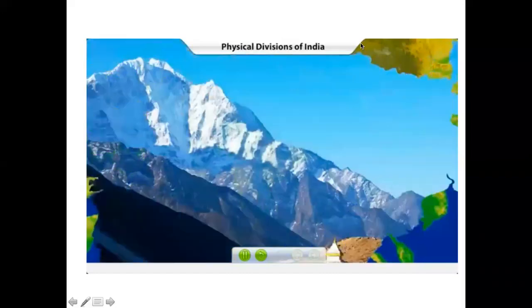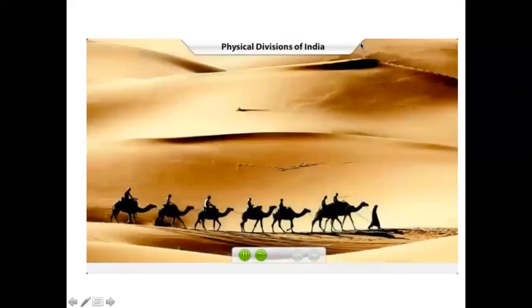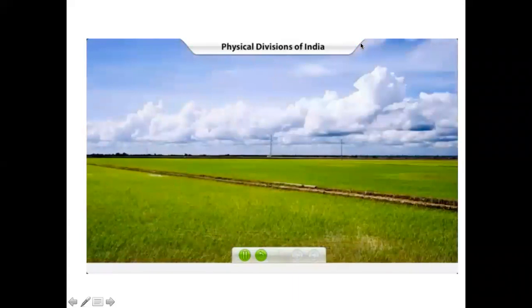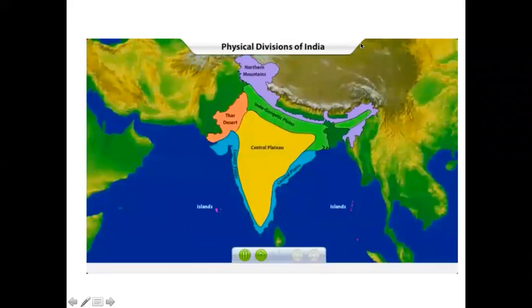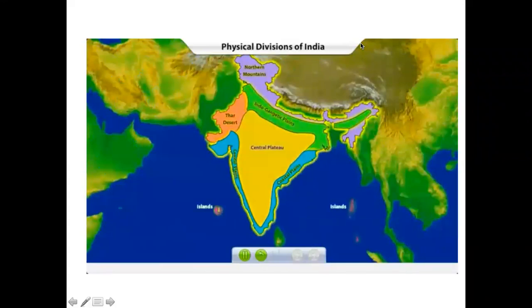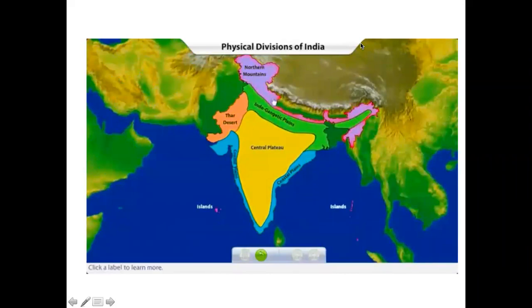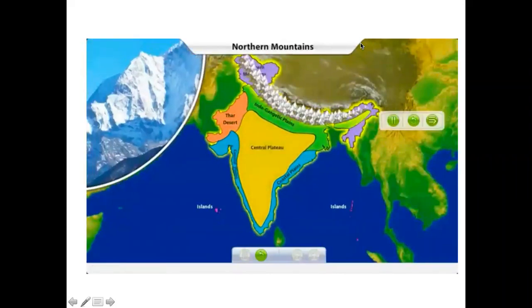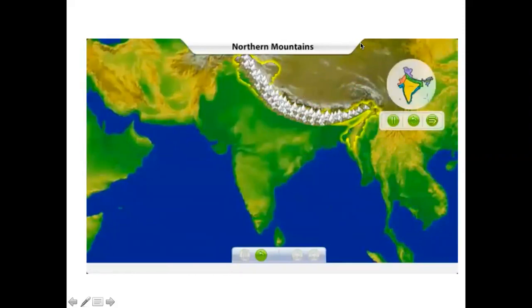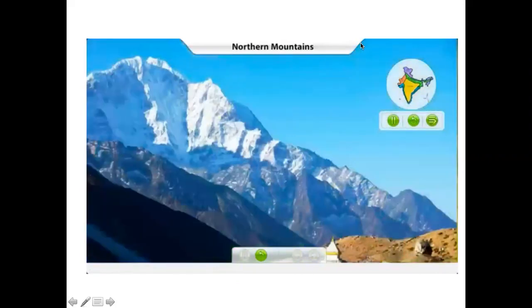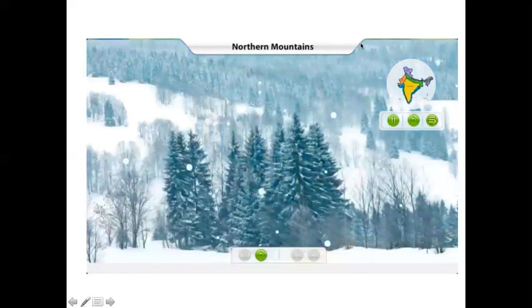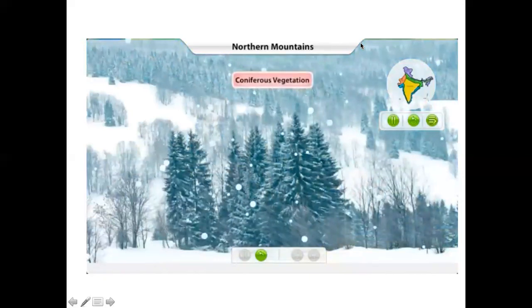We have snow-capped mountains, sandy deserts, fertile river plains, beautiful coasts and islands, all in one country. Click on a label to learn more about the physical divisions of India. The Himalayan mountain range is the highest in the world. As it snows a lot here, most of the trees are conical in shape.